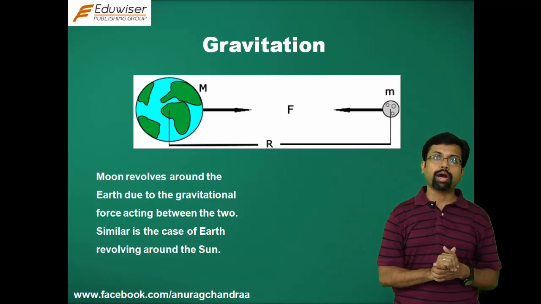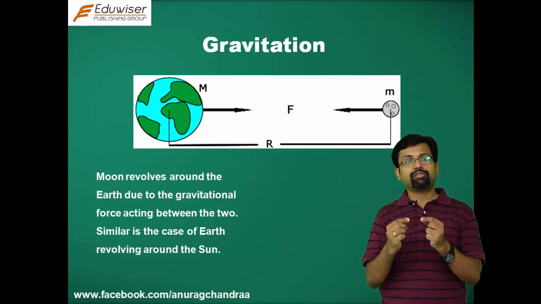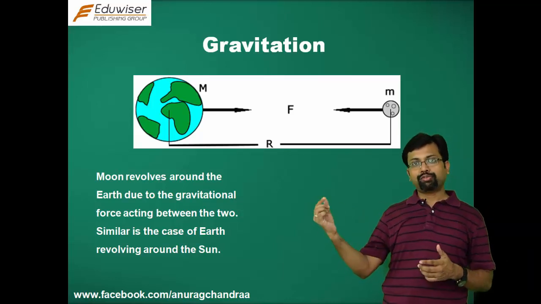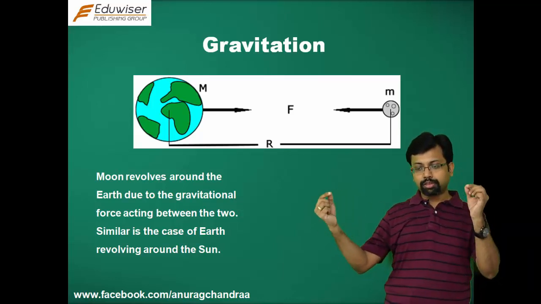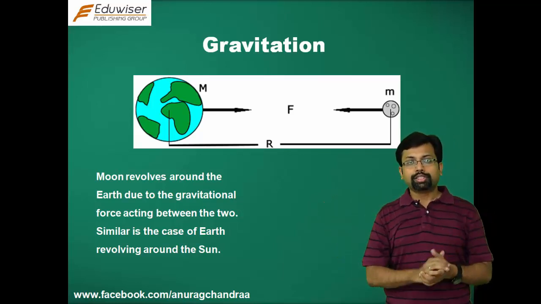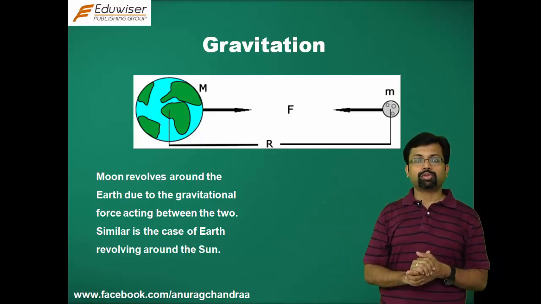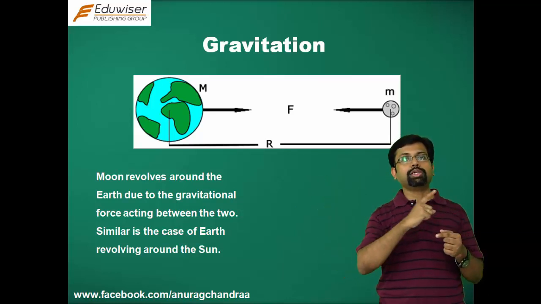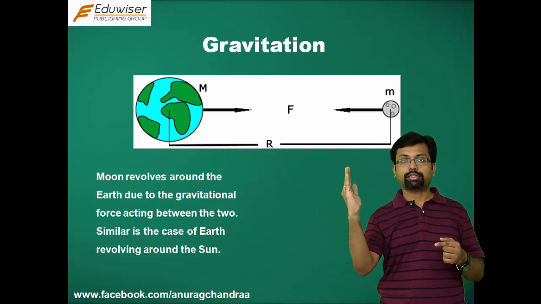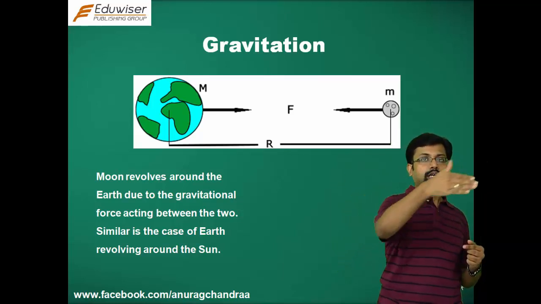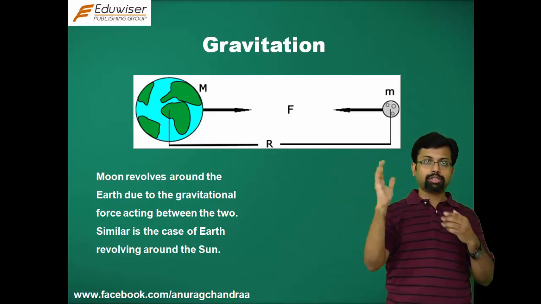So now you know why. It is because of the gravitational force that acts between any two objects of this universe, and the direction of that force would always act in the direction of the line joining the two centers of the objects, just like in the case of a centripetal force. And when the force acts in this way, the motion of the body is going to be circular because its path is going to move around like this. So when the path is circular, this is how it is going to move.